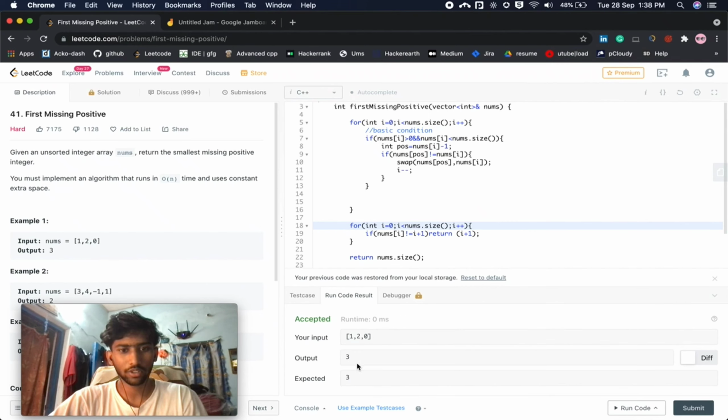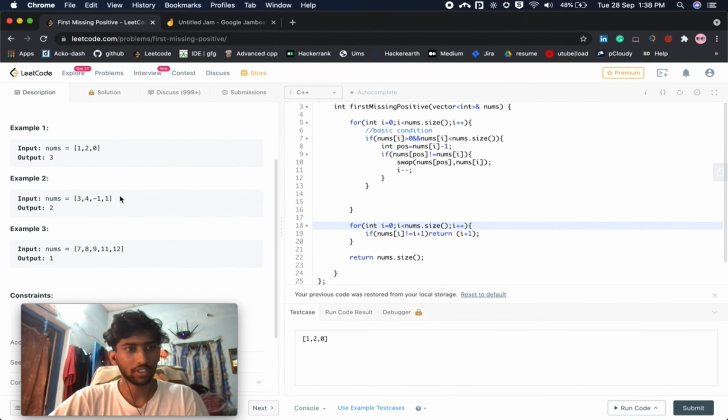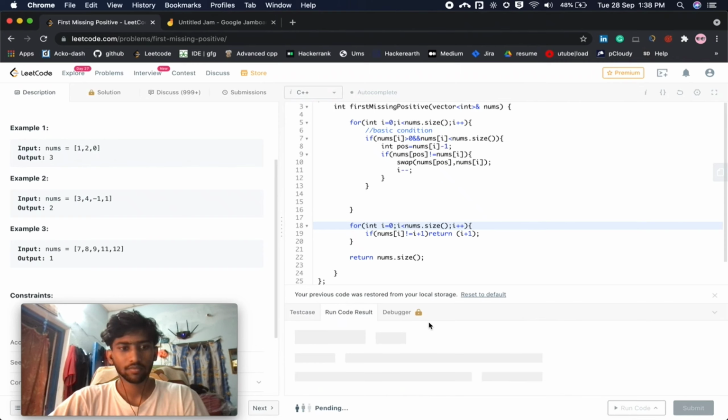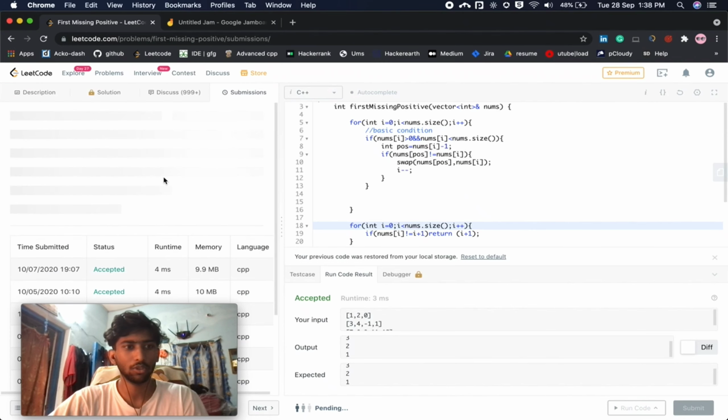Okay, so I got 3 here. Let me check with different test cases also. So 3 2 1 and expected is 3 2 1. So I am going to submit it.